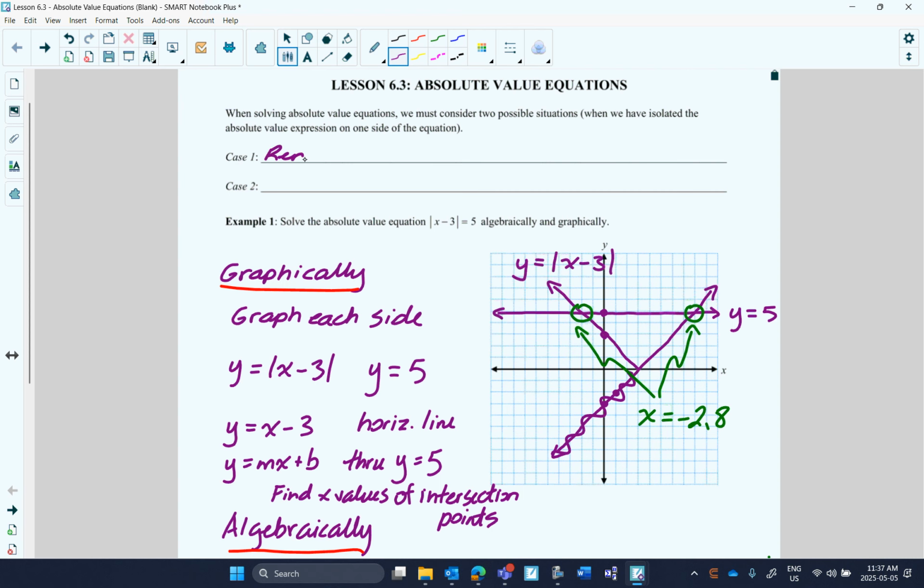So remove absolute value bars, make equation equal to